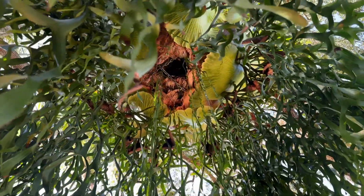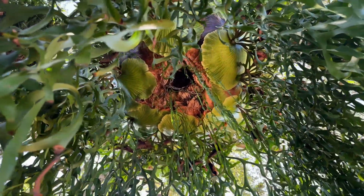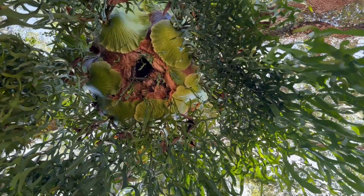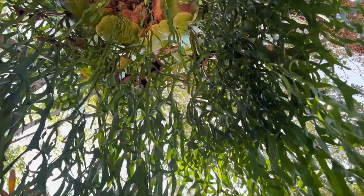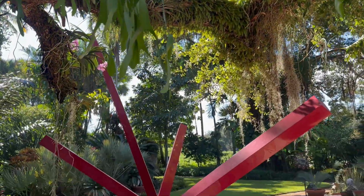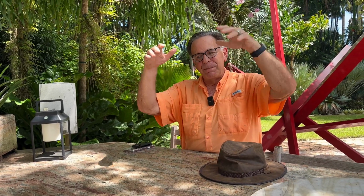It's almost always sold only initially as a single little offshoot, but they don't divide very readily. They don't spread as quickly as you would think because they actually have what's called a stolon that underneath only once in a while can extend out. Why is that important? Because I started with one little plant and I put it on the side of a palm tree. Now, palm trees are narrow. So the big leaves that you see now, yes, they go up and down, but it was one side of the palm tree. But over many years, those little stolons wrapped around, and now I had the namesake for why